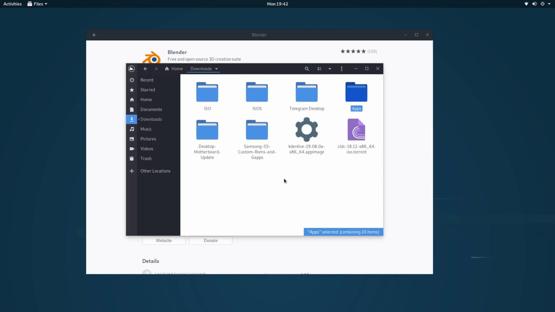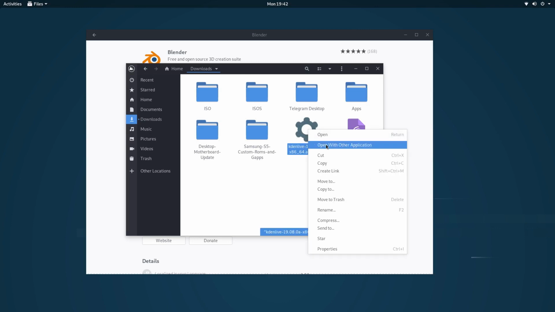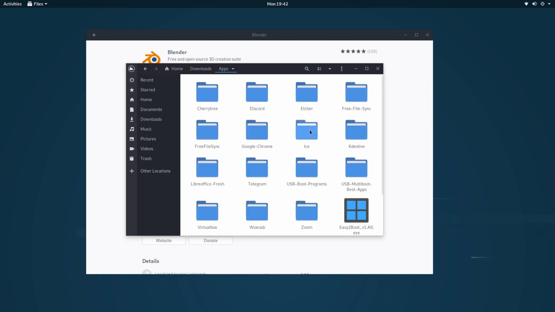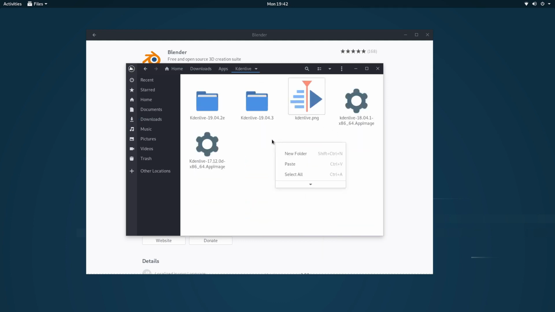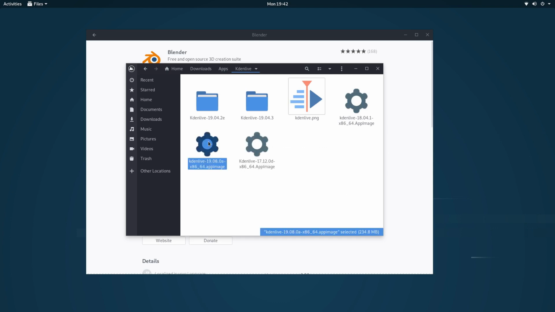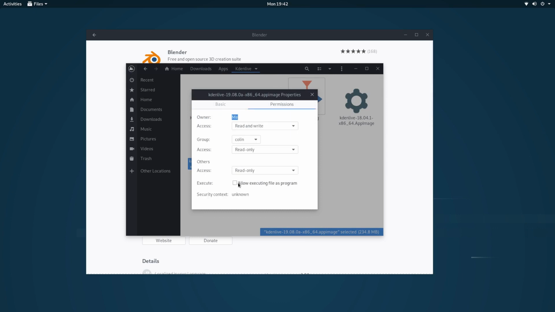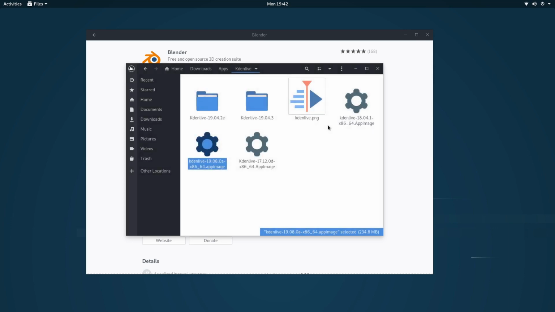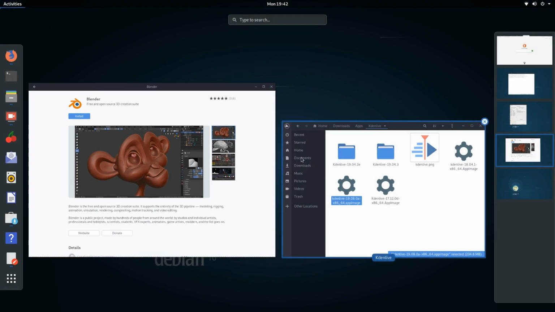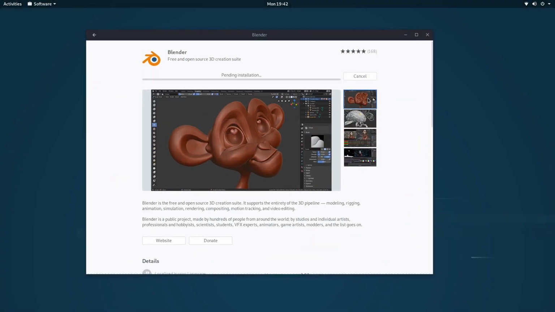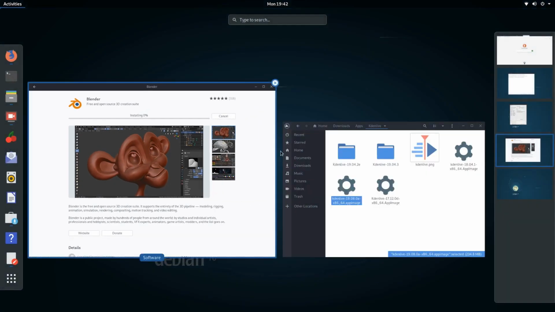Okay, so we have downloaded Kdenlive app image 1908A. Let's cut that into apps and Kdenlive, where I keep all the others, paste it there. Let's just check the properties, make sure it's allow executing file as program, so it hasn't had that checked yet, so let's do that. So while we are setting up a menu for that, we will install Blender Flatpak. So let's get that on the way. Hopefully that doesn't take as long as downloading